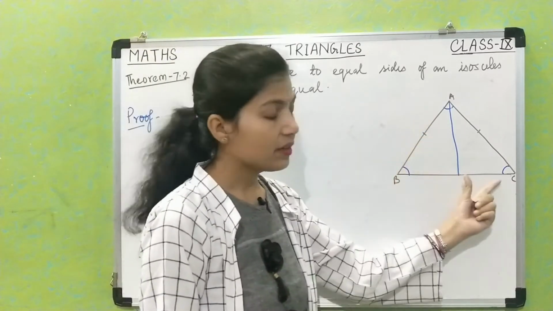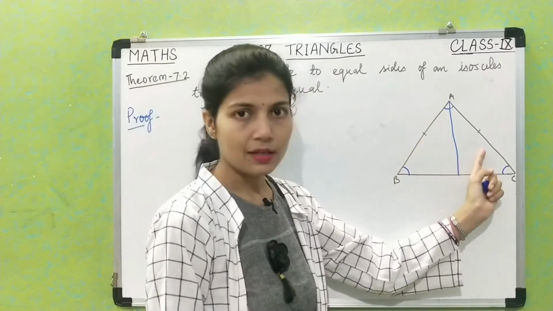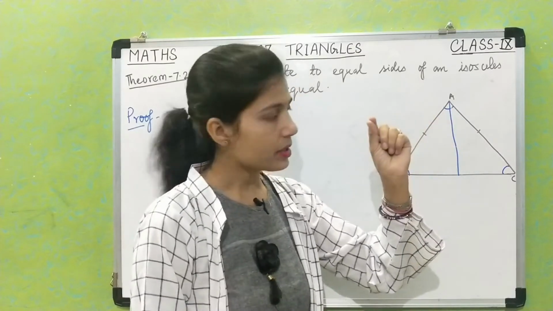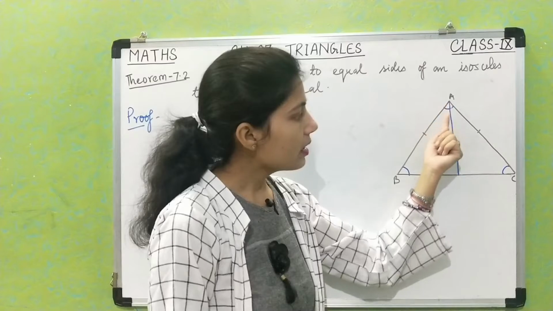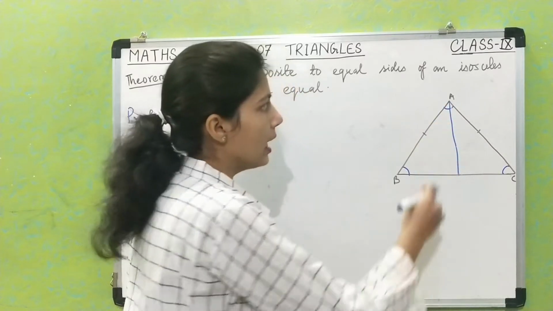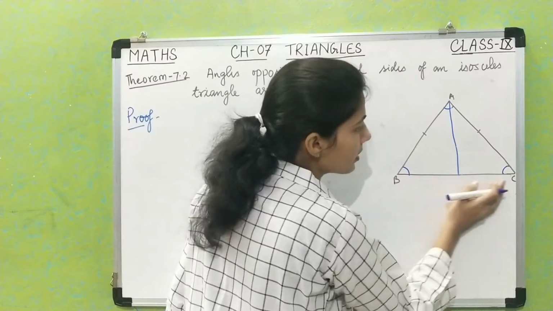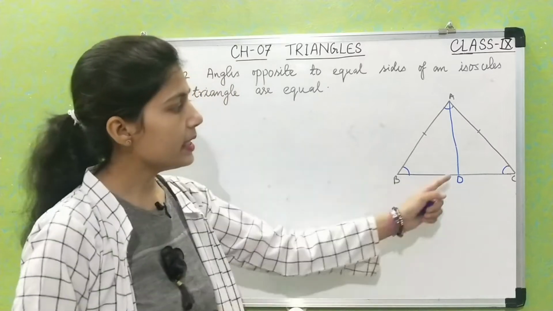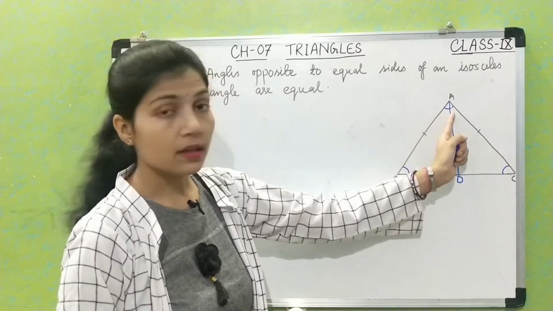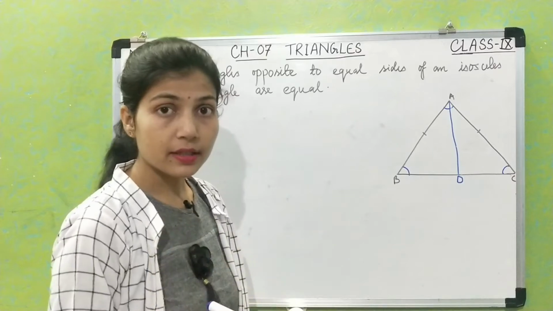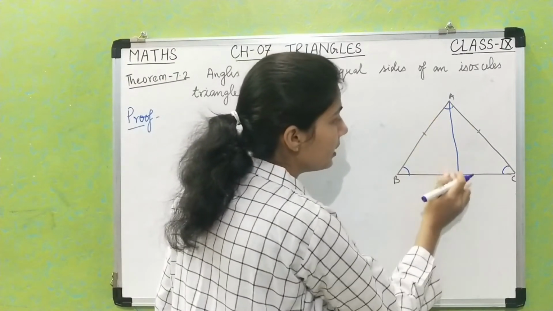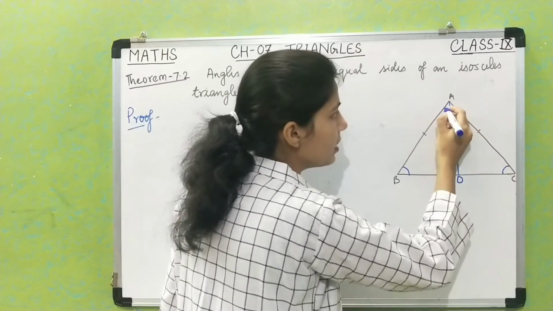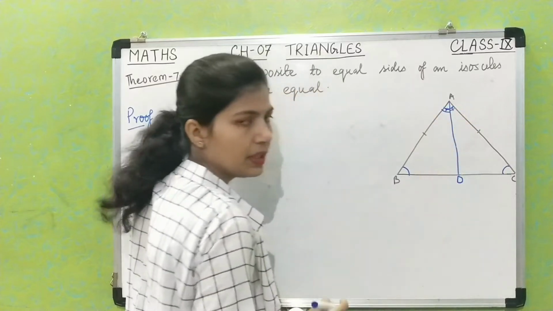ABC is a triangle in which sides AB and AC are equal. Okay, so we have done a little construction in this triangle, that we have drawn the bisector of angle A. Okay, and this bisector intersects side BC, suppose at point D. Okay, so AD is here angle bisector of angle A. Okay, angle bisector, that is why angle BAD will be equal to angle CAD. Okay, means these two angles will be equal.